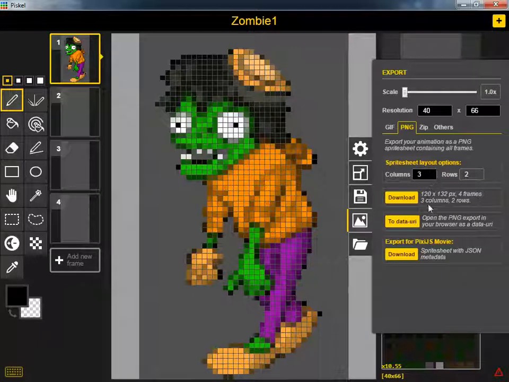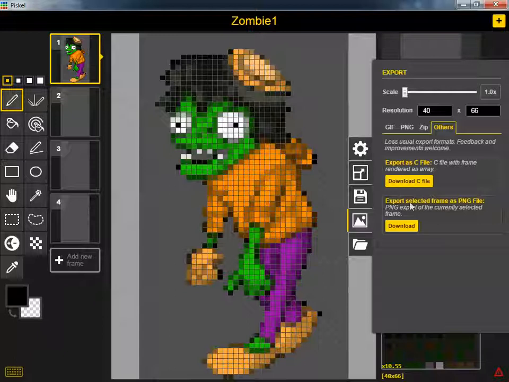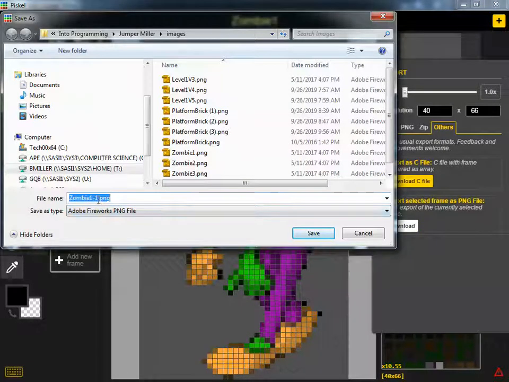Okay, so we're going to go to PNG. On this particular one, it's downloading it as a sprite sheet, and that's not what we want right now. So we're going to switch over here to Other, and we want to export the selected frame, which is this one, as a PNG. So we're going to download that. I'm going to call it Zombie 1. Actually, I already have it in there, so I don't have to. But we're going to save it as Zombie 1. Click